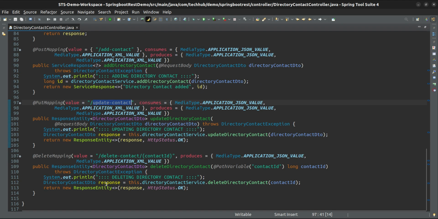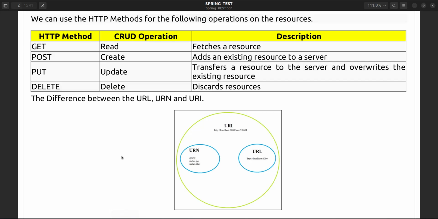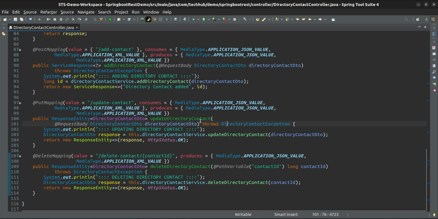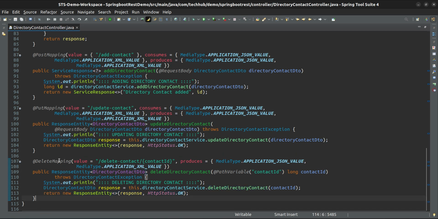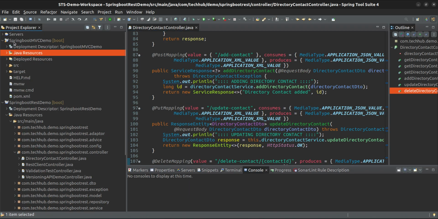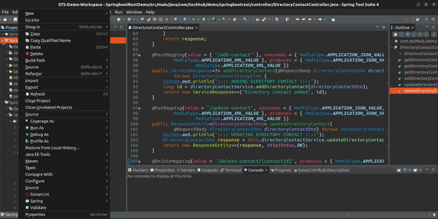Next one is delete mapping. Delete mapping is used to delete the data, to delete the contact here. Okay, fine. So now run this application and we will see the request and response in Postman. Okay, so I am just starting this application, sorry, not this one,